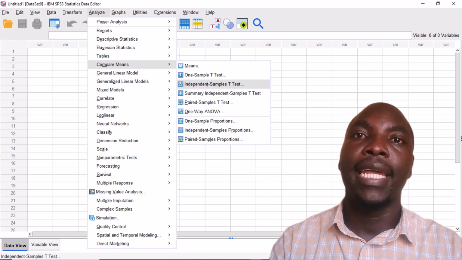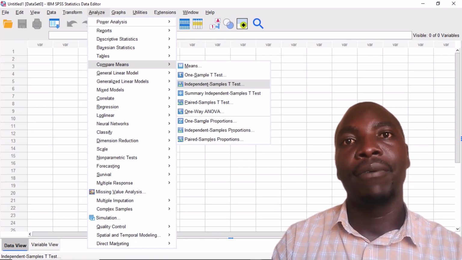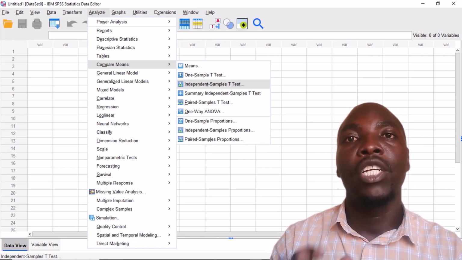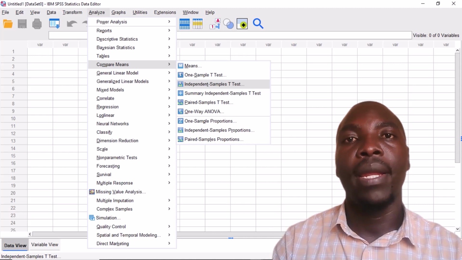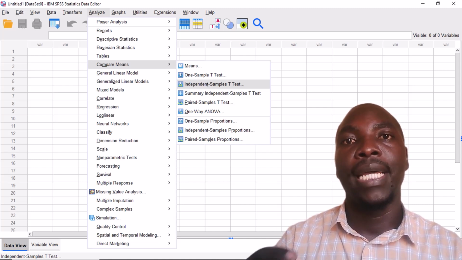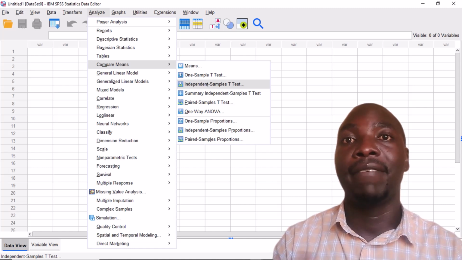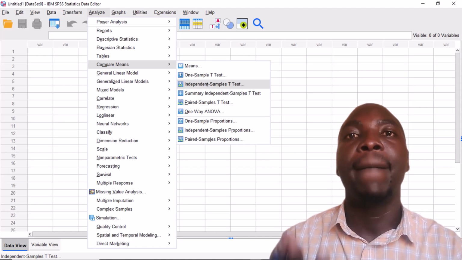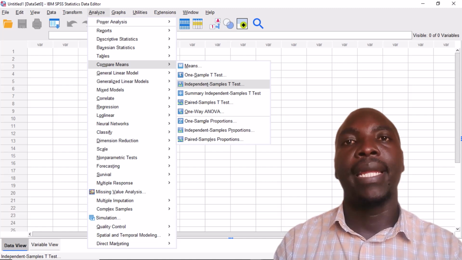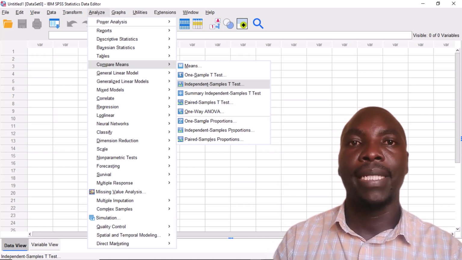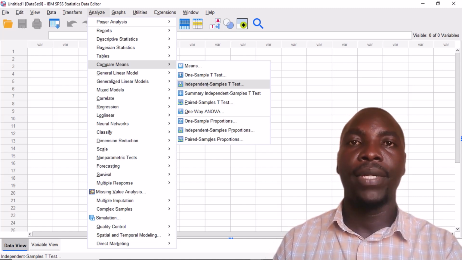Today we look at the independent samples t-test, which is used for comparing two groups against one continuous outcome and see if there are any differences in their means. As usual, we use a dataset that is pre-installed with SPSS, which you can access on your computer and follow